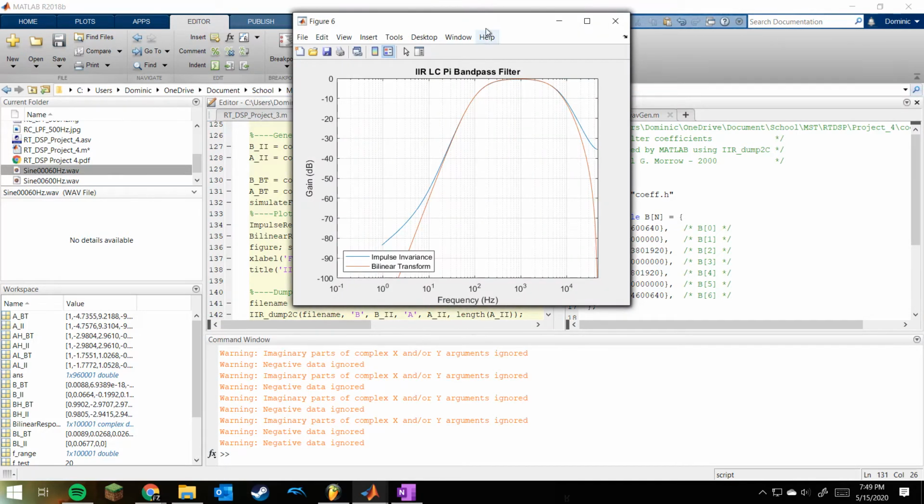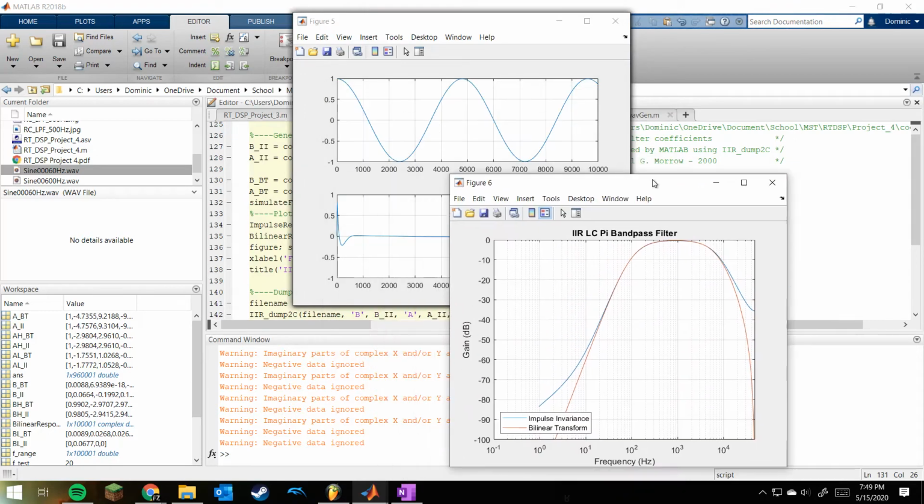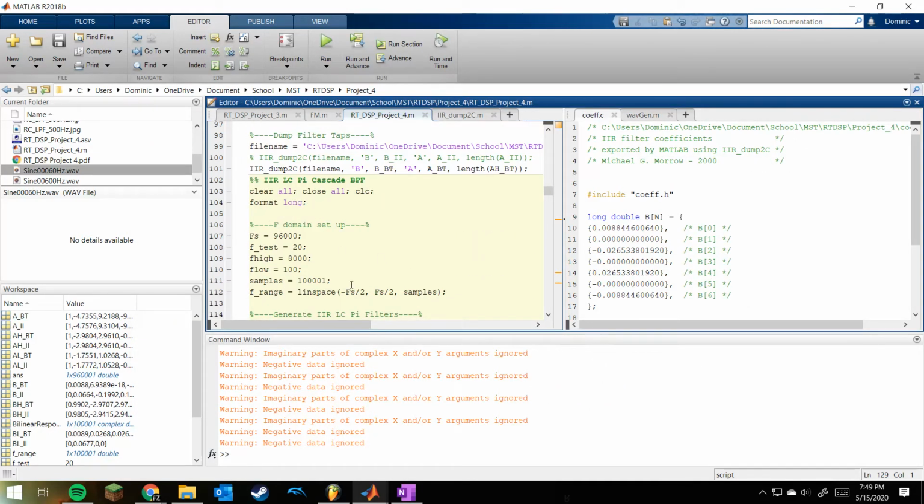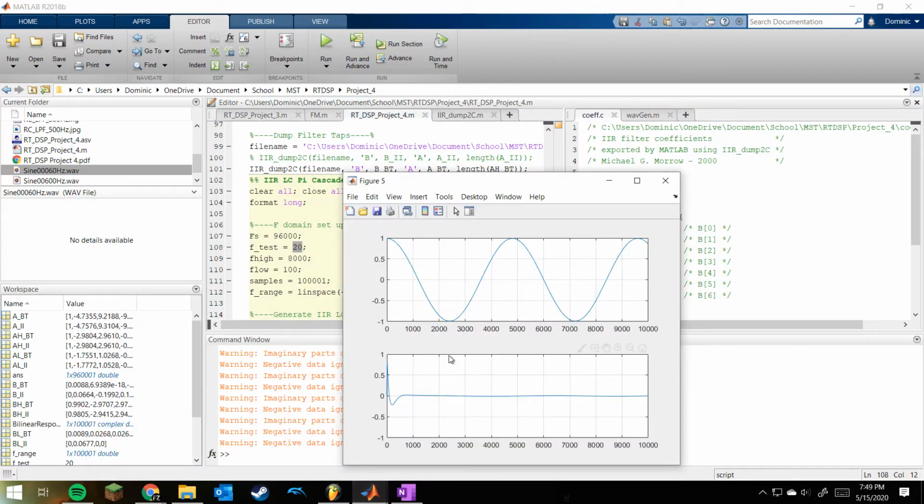Run it here. There's our resulting bandpass filter. Here's our simulation. Let's look at some of that stuff. So for this filter, our low cut for the high pass part was 100, and our high cut for the low pass filter was 8,000. Again, it's backwards because we want a band pass filter, so we want the low pass filter to have a high cutoff frequency and the high pass filter to have a low cutoff frequency. And then our test frequency for the simulation was a 20 hertz sine wave or cosine wave, and you can see it here. It attenuates almost immediately,